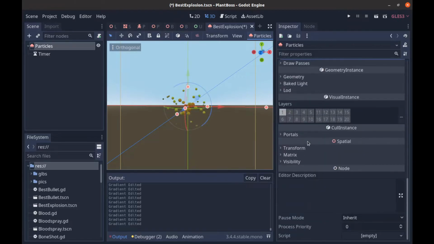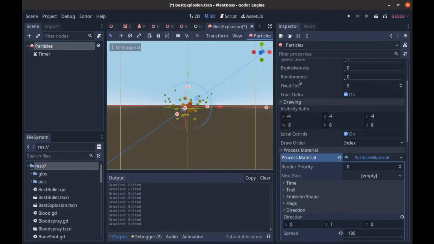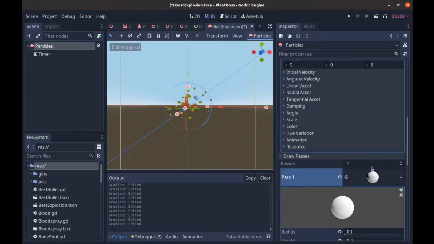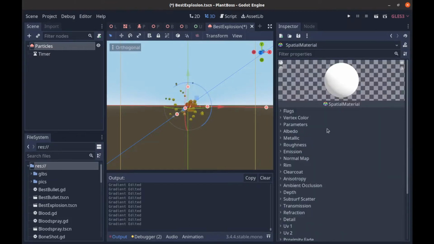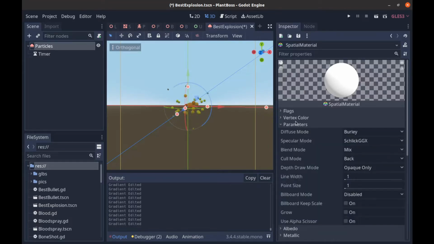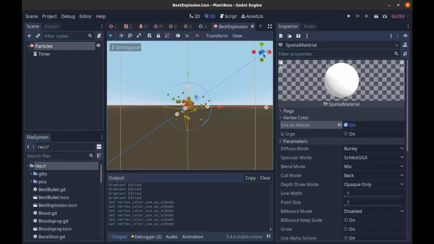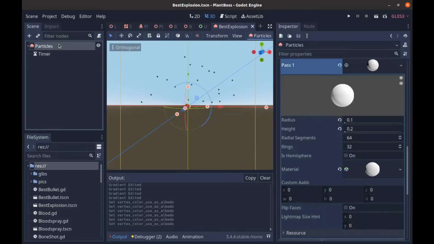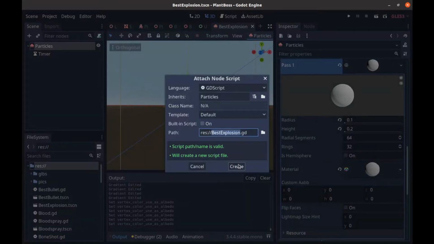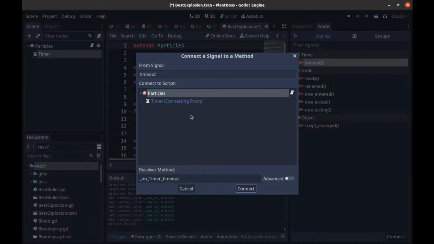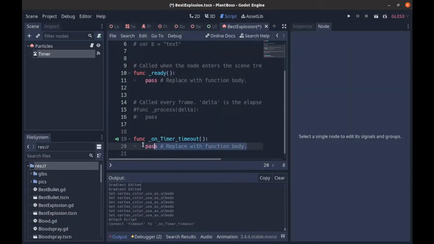And if you aren't getting color here, you need to double check your material. Where is my material? All right, go back to your draw passes, and then your material. You have to make sure under vertex colors you have use as albedo selected. Otherwise, you won't get that color option. So we'll have that, and we're just going to attach a script here. Create timer, timeout, connect, and it's going to connect to the particles, and then we're just going to